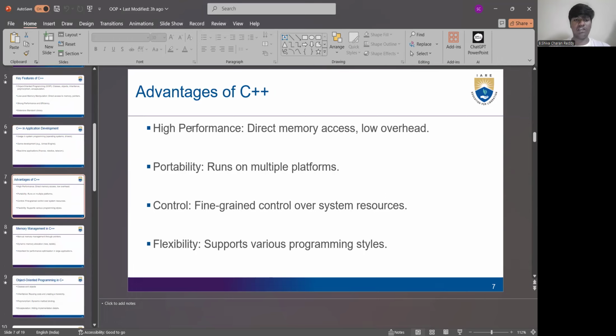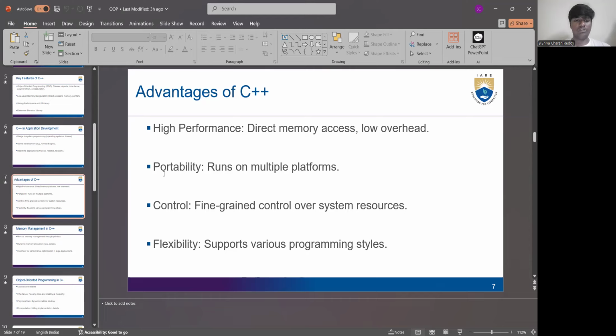Advantages of C++: high performance, direct memory access, and low overhead. Due to it being high performance, the apps developed from it, such as the Unreal Engine we discussed earlier, are able to run high level games and also do many complex tasks such as handling that amount of higher graphics, and also apps which are consuming a large amount of data and being run